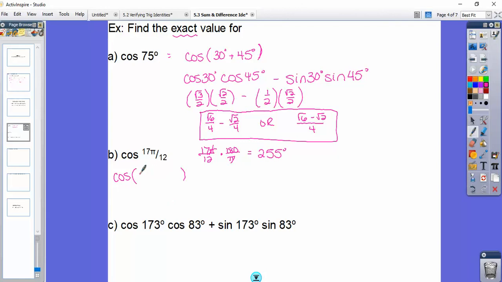Okay. I am going to do 225 plus 30. That's what came to my mind. But again, not the only option that you can use. So again, I'm adding, so I'm using the sum formula, so the first one. So that's cosine of the first,